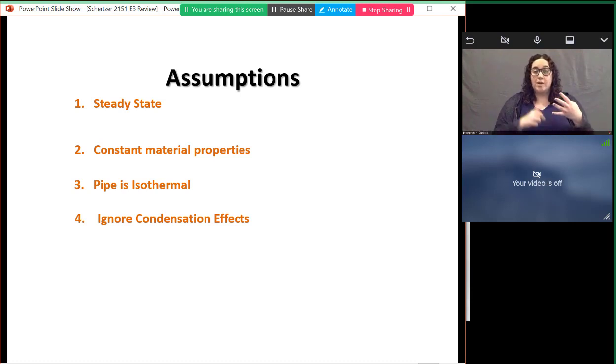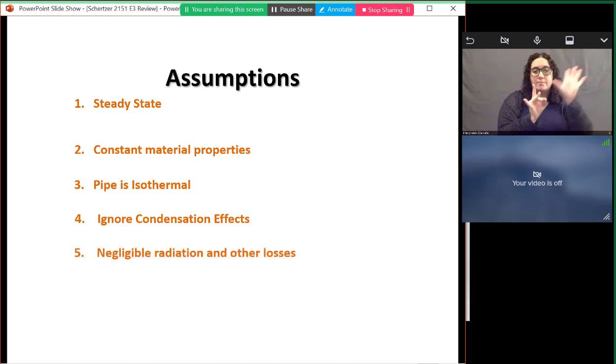So I don't know if anybody here's taken Thermo 2, but in Thermo 2, we talk about psychrometrics, where we sort of acknowledge the fact that air isn't just air, right? So there's water in the air. So as you cool it down, you get condensation, right? That's why you get dew on your window or your grass or maybe your car windshield, right? So we're going to ignore that any of that happens, right?